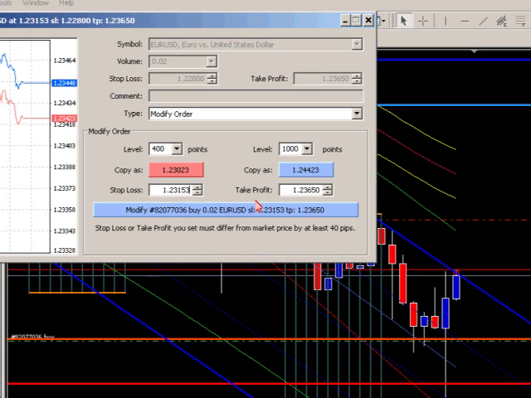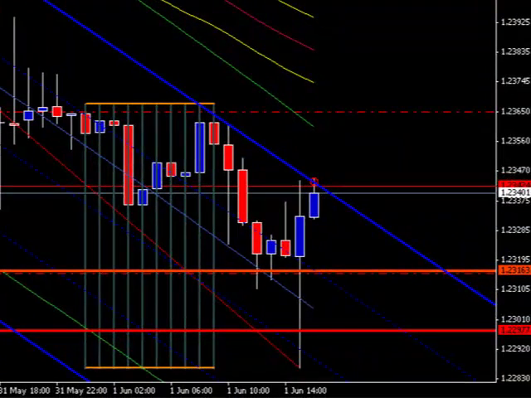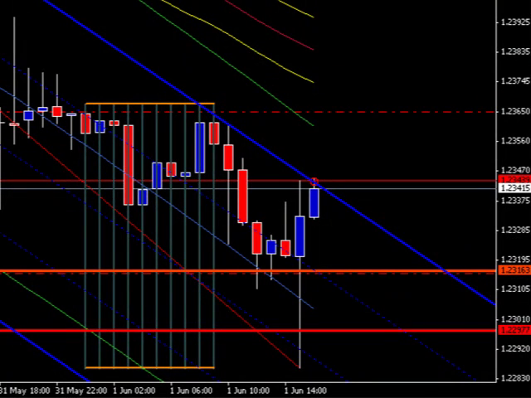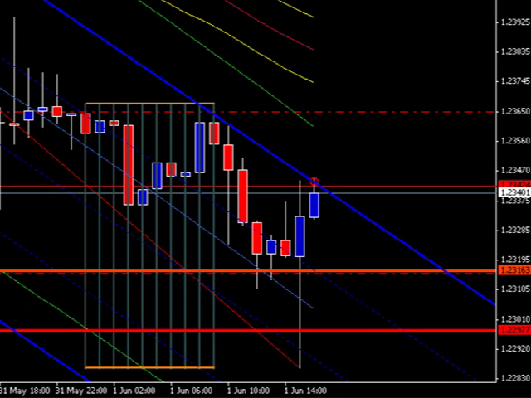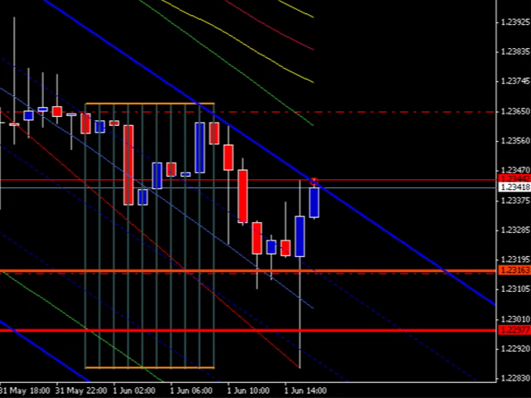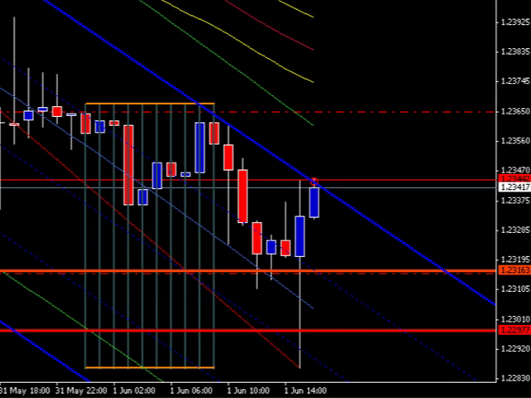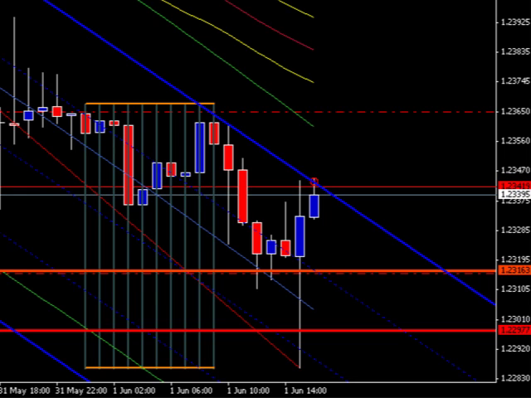But the fact is, we got a lousy number out of China. We have Europe that is still completely aimless. So alright, we just took 50% of the trade off the table. The rest of the 50%, we're going to try to hold it all the way to the 65. The idea, of course, is we're expecting a weaker US dollar, so euro in comparison will probably be a little bit stronger. So we're going to wait for this trade, and hopefully we will reach our take profit. But at least right now, we're at a no-loss position. We're never going to lose again because we already adjusted our stop loss and we're already taking some profit.